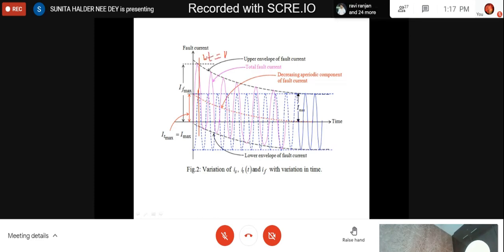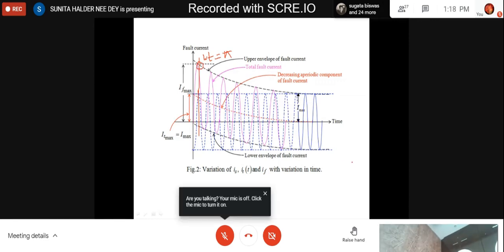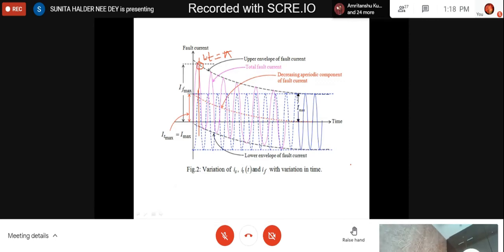At omega t equal to pi, or say at t equal to 10 millisecond, if we want to disconnect the circuit, then the circuit breaker will face this much of current, which is much higher than the steady state current, approximately double of this. So this assessment is required only for the design of the protection devices, and in every case it will be near to twice Imax. In some cases it will be 1.95, in some cases 1.85 of Imax. In this way it will vary, but it will be very near to each other.